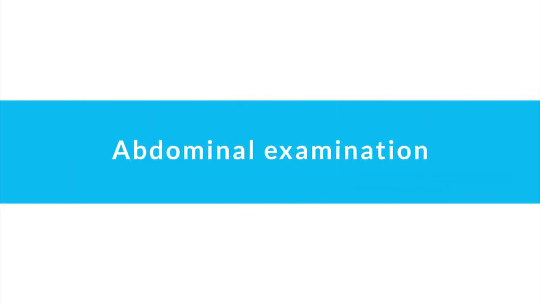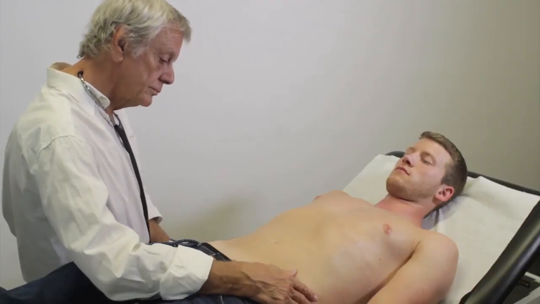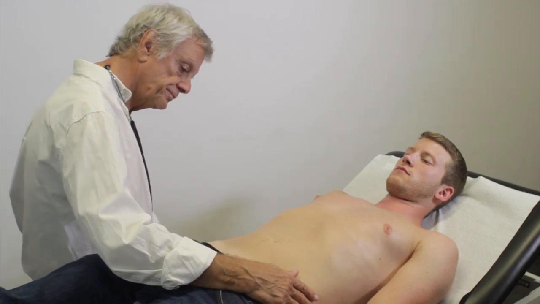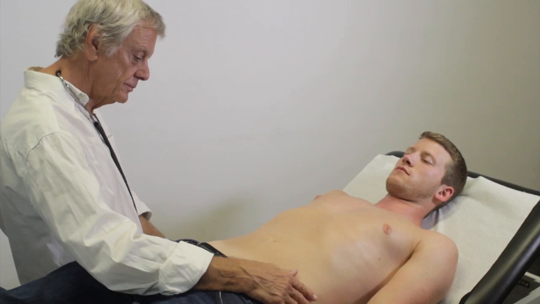Abdominal examination. Abdominal examination begins with inspection. Abnormalities such as distension, scars, stretch marks, hematomas, and engorged veins can provide the first evidence for conditions involving the